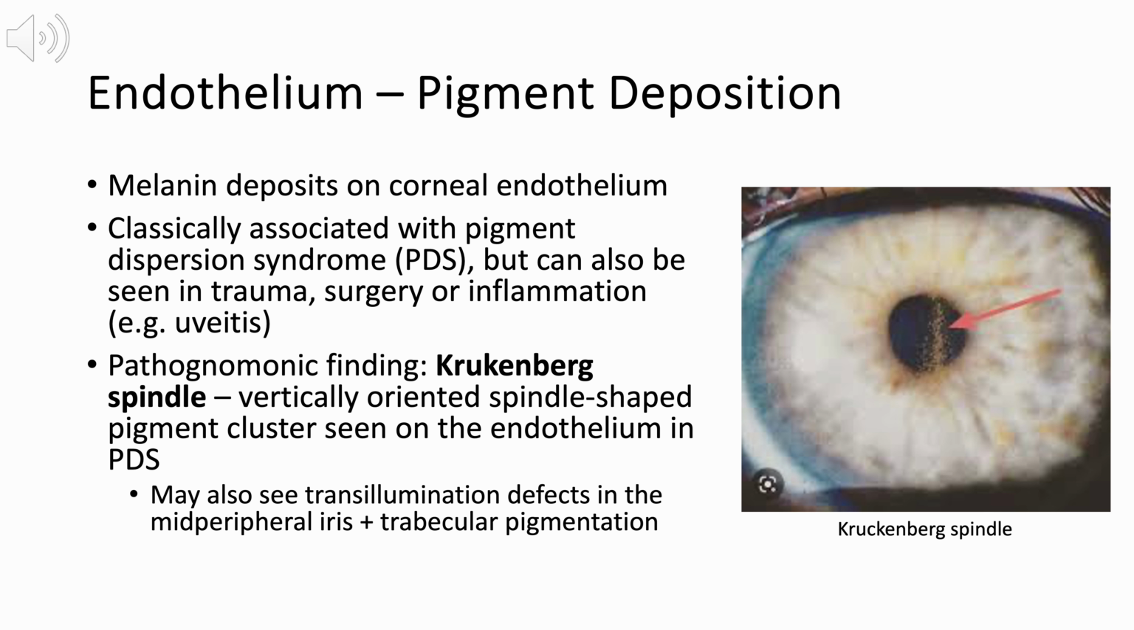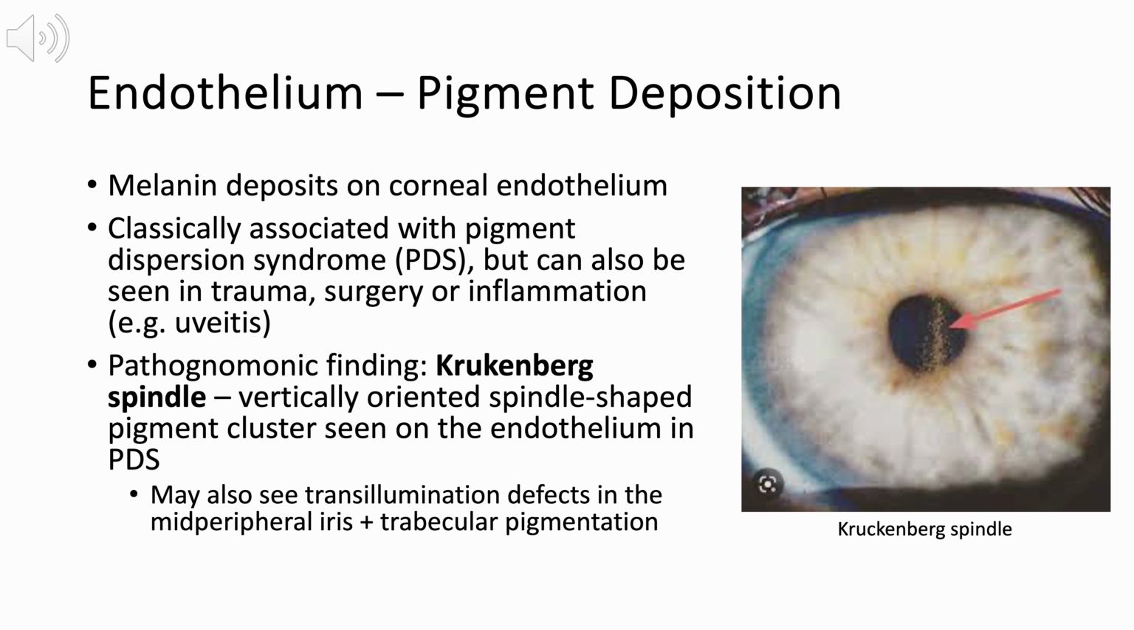This occurs when melanin deposits on the posterior cornea and is most classically associated with pigment dispersion syndrome. However, it can also be seen in settings such as trauma, ocular surgery, or inflammation, for example, in uveitis. A pathognomonic finding in PDS is the Krukenberg spindle, a vertically oriented, spindle-shaped cluster of pigment located on the corneal